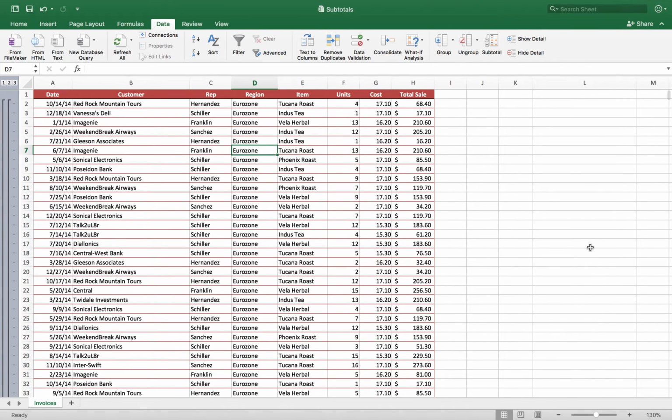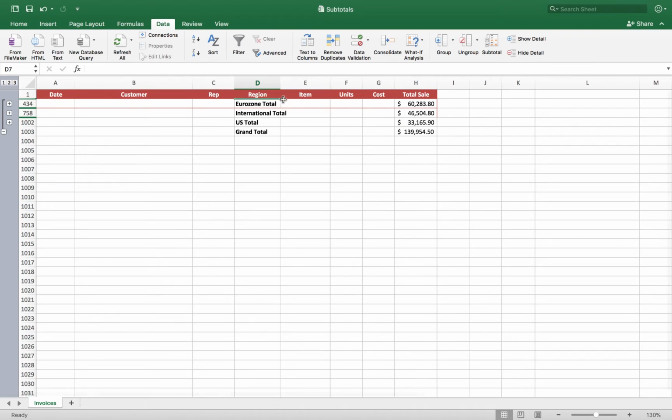Okay, so at its simplest, I can just click on OK, and Excel aggregates the data. Check out what happened on the left side of the screen here, you guys. It's grouped the data together by region. And I've got these buttons near the upper left corner of the screen. So instead of looking at all 999 records, if I just want to see my subtotals by region, near the upper left corner of the screen, I can click on the button marked 2. And cool, it just collapses the whole thing, and it's got my subtotals for each region and then my grand total. Okay, so that's kind of handy.